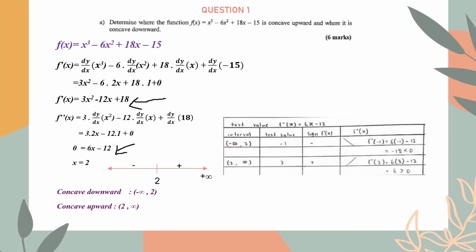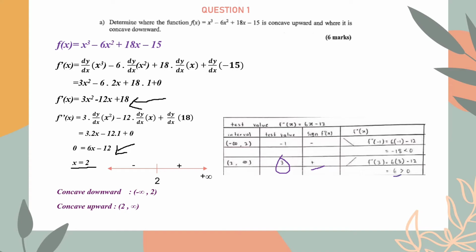In order to find the inflection point, we must find the x value from the equation 6x − 12 = 0. Thus, the x value will be 2. Now, let's create the sign chart on a number line. Let's say we plug in a number greater than 2, which is 3, and the second derivative will be positive because when we substitute 3 into 6x − 12, we get a positive number, which is 6.